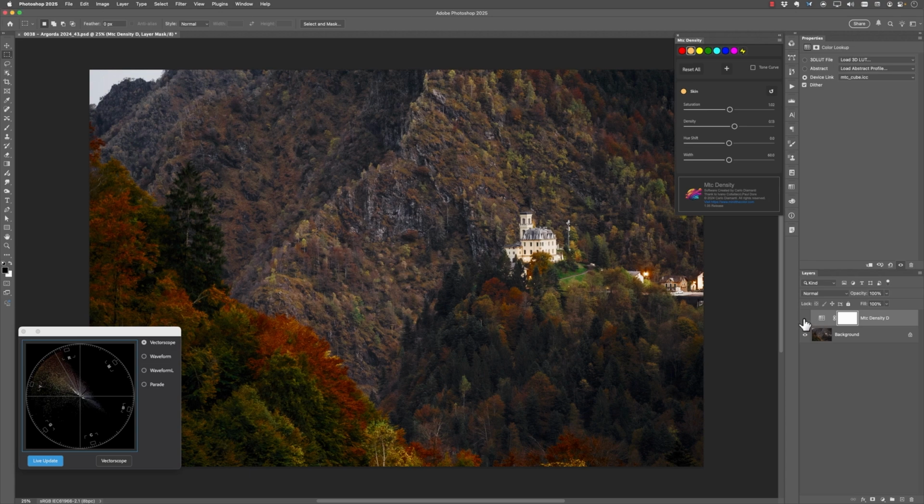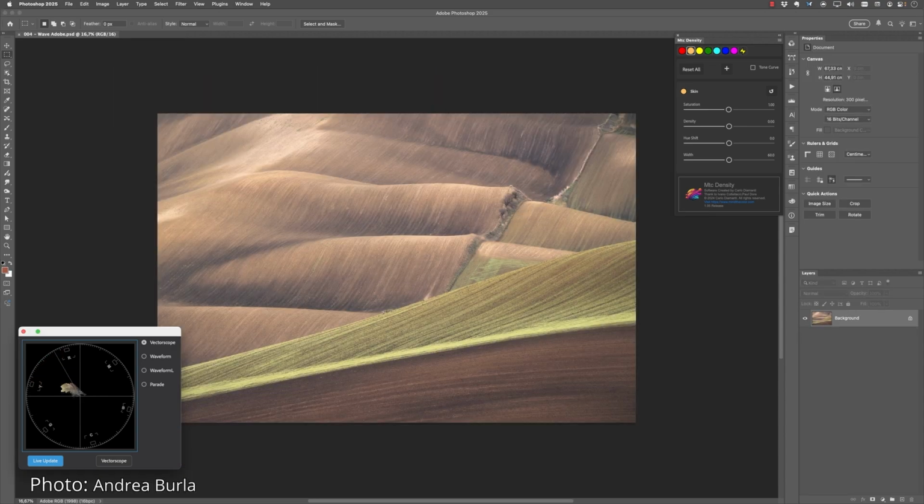And you can see that's before and that's after. Now, I don't think this kind of result can be achieved with the usual commands inside Photoshop, because this kind of result can be achieved only with the subtractive correction, not with the additive correction. And talking about subtractive corrections, here we have the opposite case, in which we don't have so much contrast,